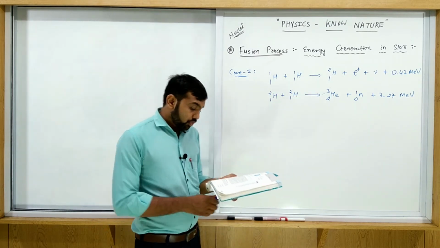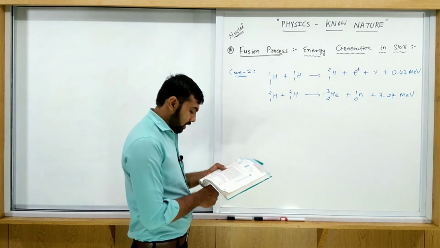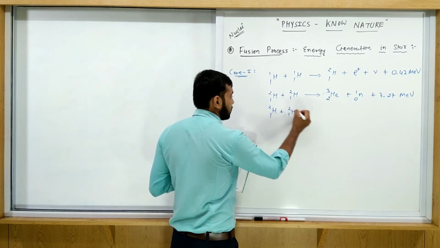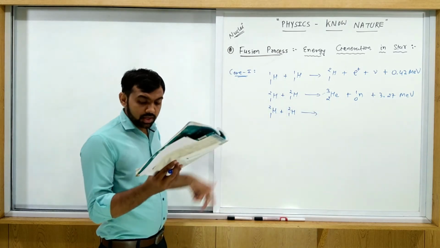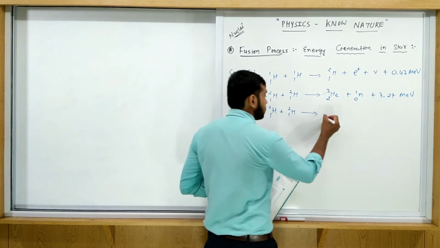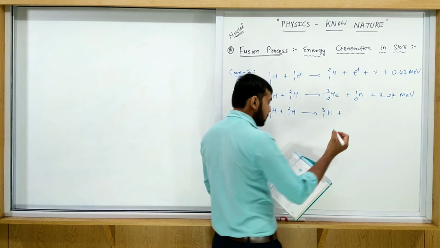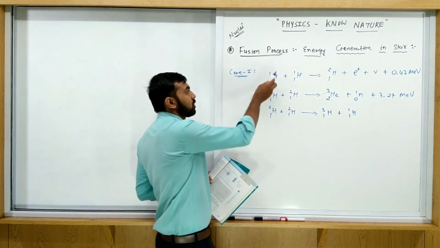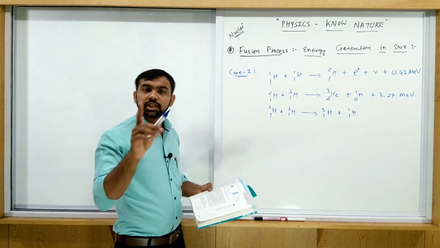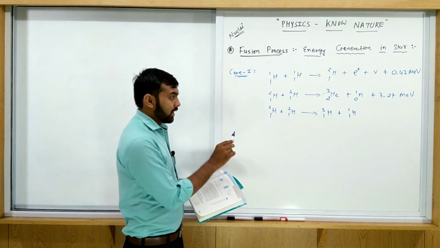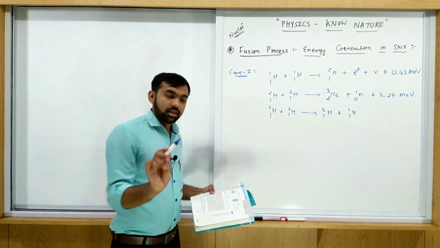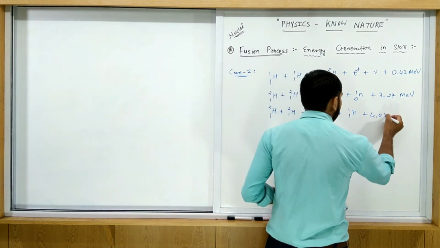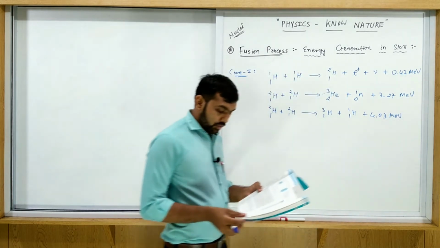Now again this deuterium may recombine, 1s2 plus 1s2. This is a different possibility. In the second possibility, it forms a tritium, 1s3, plus a proton, 1h1. What is 1h1? The hydrogen nucleus contains one proton, so that is called a proton. You can write hydrogen or proton, both are the same. And in this process 4.03 MeV energy will be released.